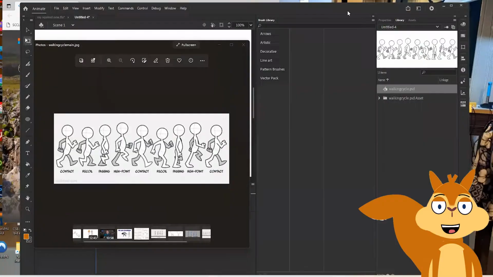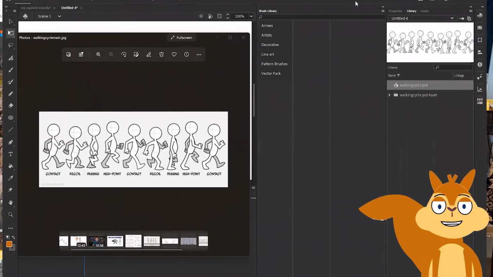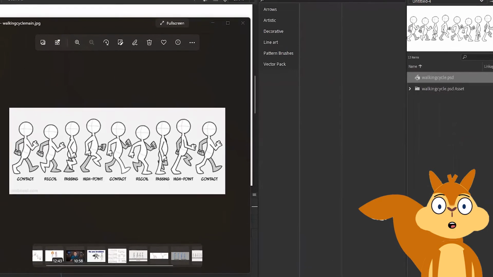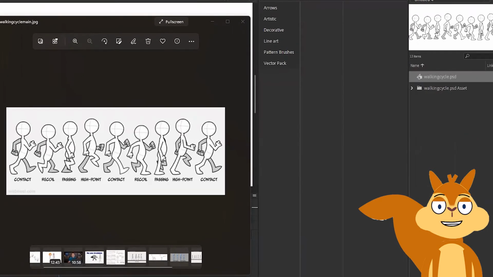Hi everyone, today we are going to work on the walking cycle, but we're going to do it super easy. This approach is super easy because a walking cycle is actually pretty difficult to do, especially for a beginner, but I'm going to show you the easy way of doing it. And you could use this as kind of the base or guideline for you to start creating